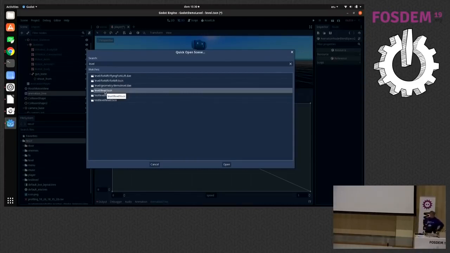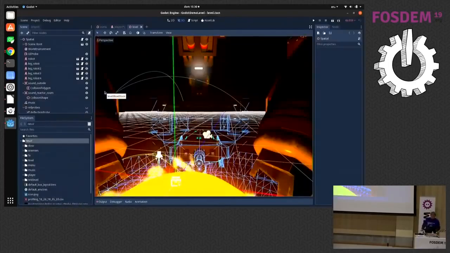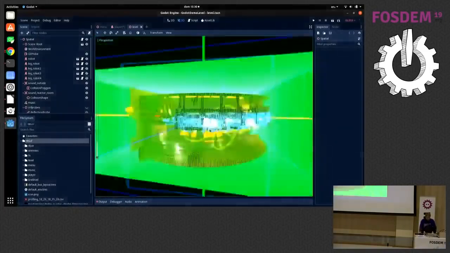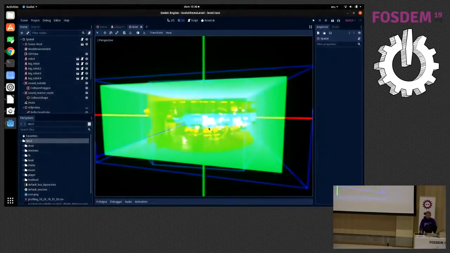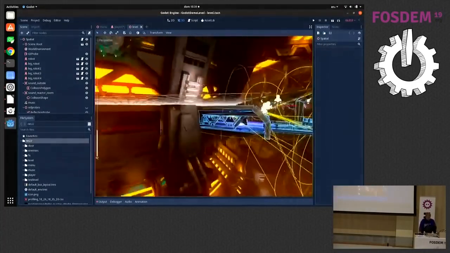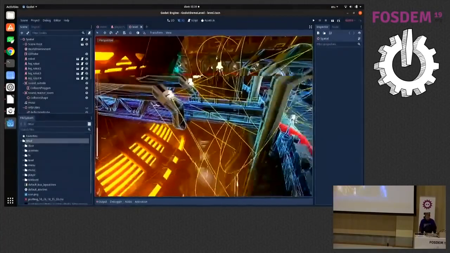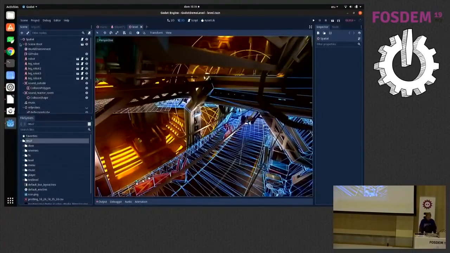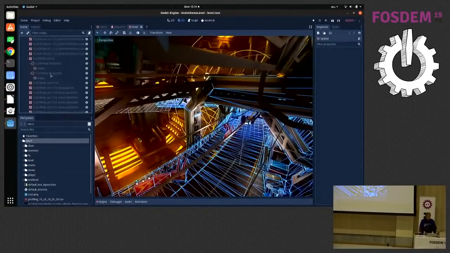Okay. This is the actual level scene imported from Blender. You can see this huge green thing is the GI probe. This is what gives all the light bounces. You can set it up around anything, and it will give light bounces. It's really quick to set up. Here you can see everything, like the lights and the enemies. This is actually the scene as imported from Blender. It's instantiated here, which is great because it's children nodes. You can still modify any of the properties, so when you re-import the original file, they will keep the changes.